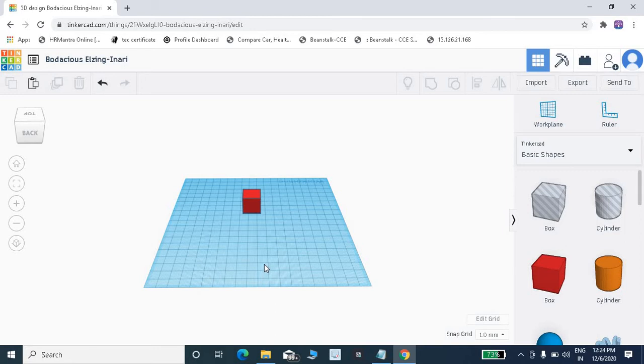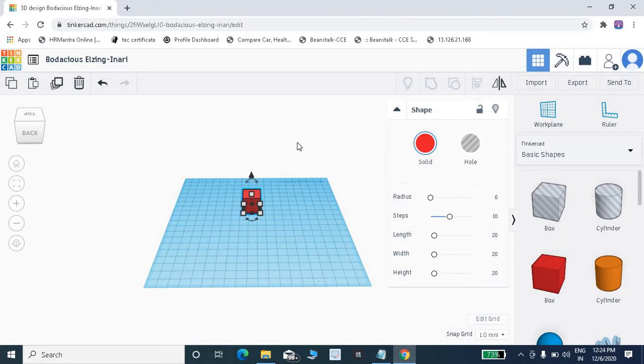The next one, toolbar. So this is the toolbar of Tinkercad. It will be highlighted when you click on the object. See this one? All these tools are activated. This one is the copy. By using this, you can create one copy of the object and paste it.